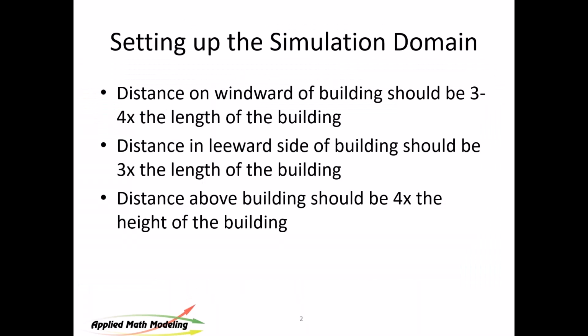Now, setting up the domain. So when you set the domain up, this is, again, the big room. I don't know what you want to call it. The domain, the flow domain, is a common way to refer to it. We used to call it a bounding box when I was at Fluent. So this is the size of the domain in which you're operating. Typically, it should be 3 to 4 times the length of the building on the windward side. If you're a sailor, that's the side the wind comes from. Leeward side should be at least 3 times